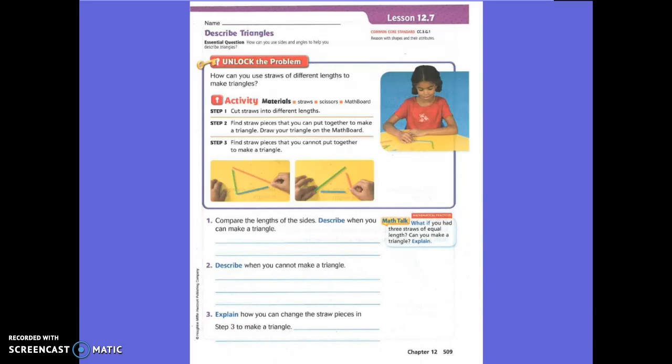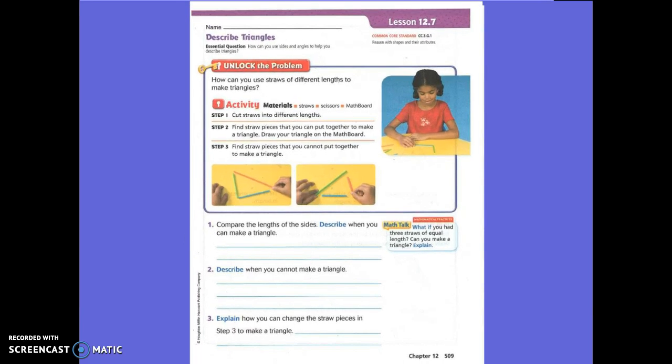Here's what I want you to do. We're going to use pencils, not straws. So go ahead and get out 3 pencils, or you can have all 5 of them. All right, you can make a triangle when you have 2 of the pencils together that are longer than the 3rd pencil. So when can you make a triangle? When 2 pencils,